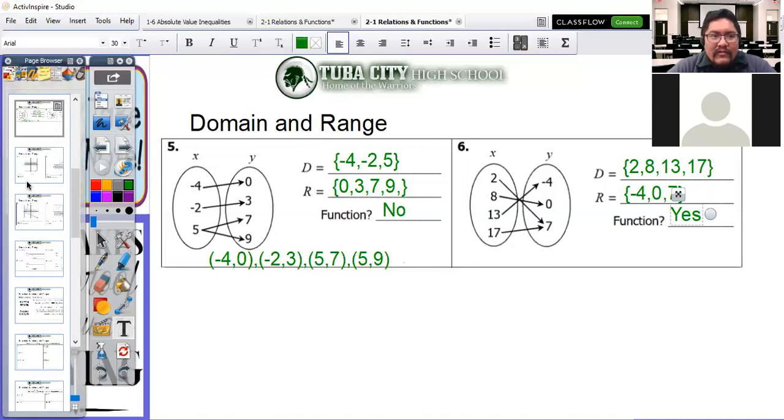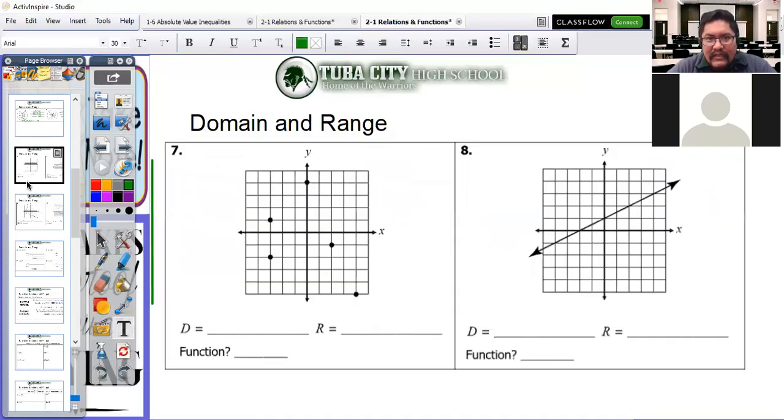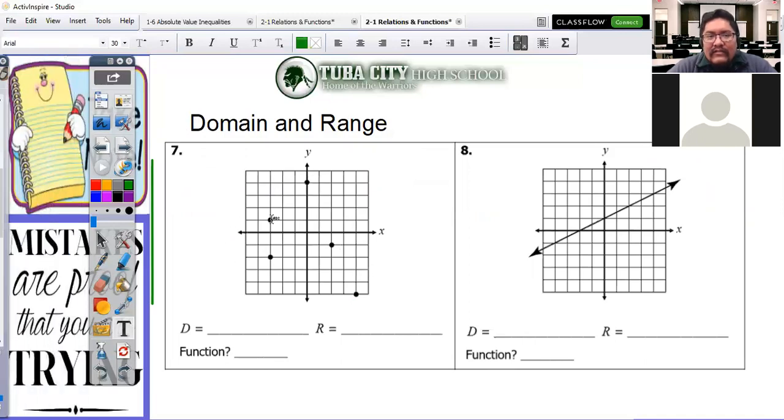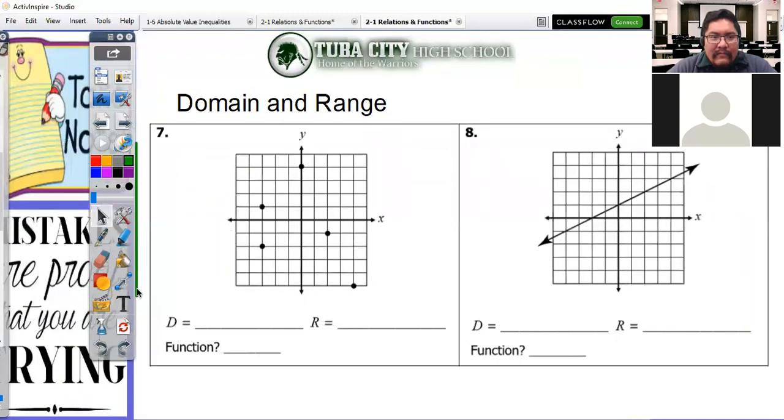These ones are going to be graphs. So I have 2 graphs here. So we talked a little bit about discrete and continuous. So this is an example of a discrete graph because there are only certain numbers I can pick for X. Now, if I were to grab my vertical line,